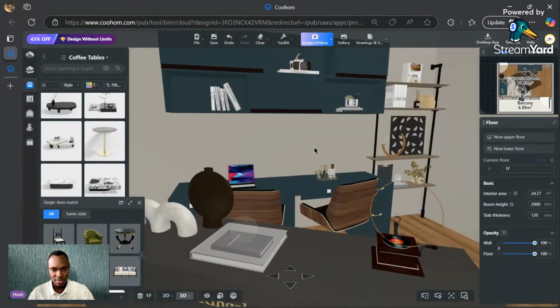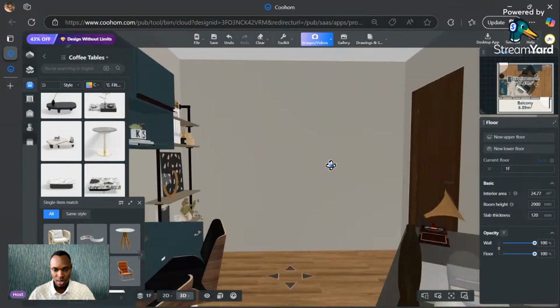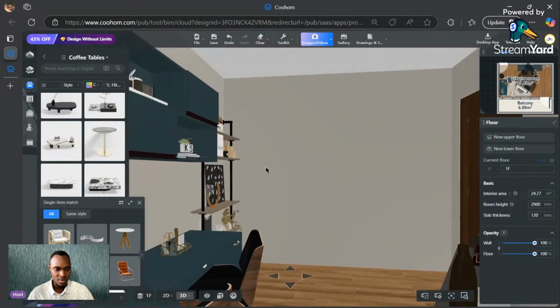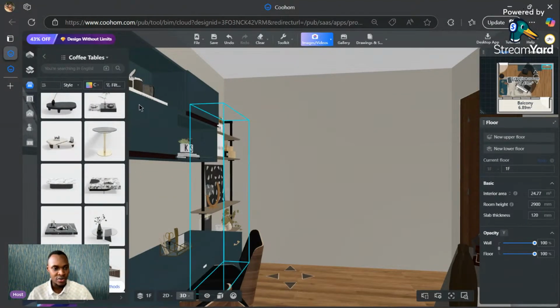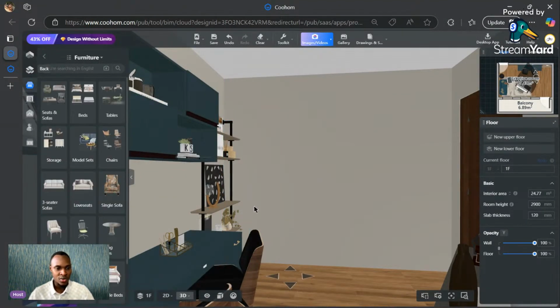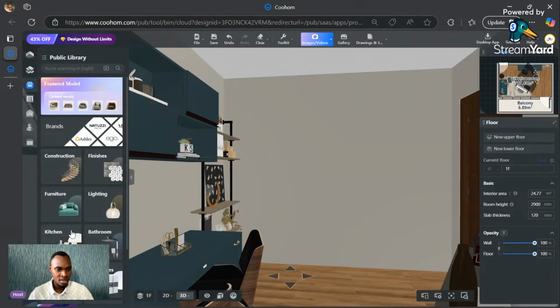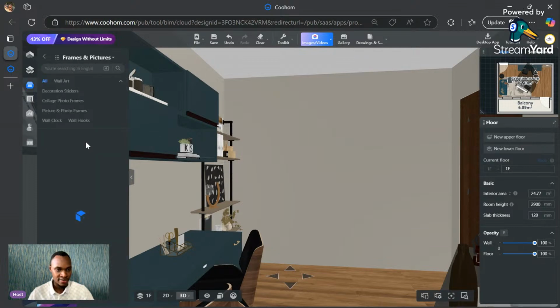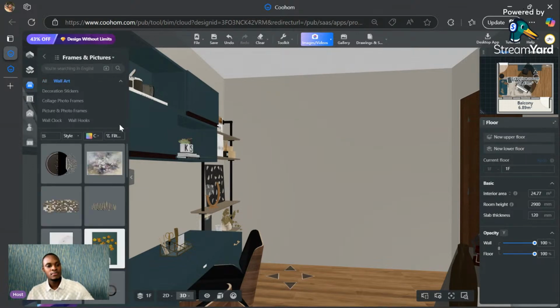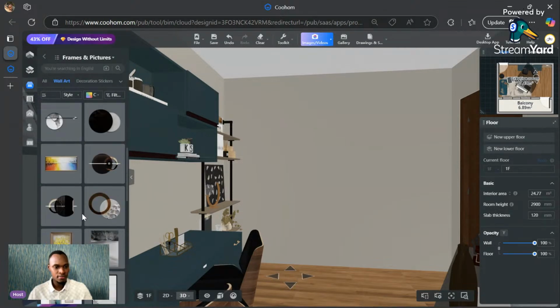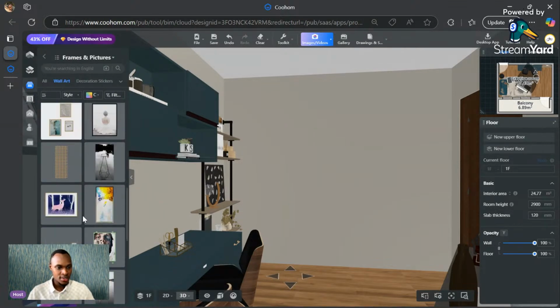Very simple accessories. For example, we have the option to, for starters, let's accessorize on this wall. As we had mentioned earlier, instead of doing a door, let's do an actual. We can do something similar to the opposite side. That is going with the wall art. So I'll come to deco, pictures and frames. Check under wall art. The wall art. Okay,